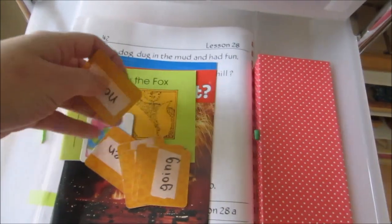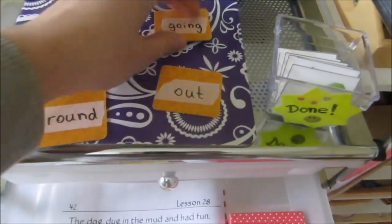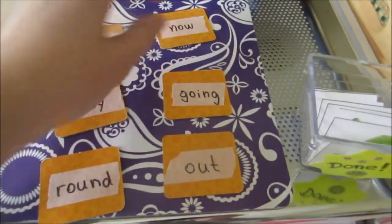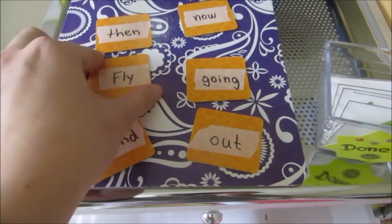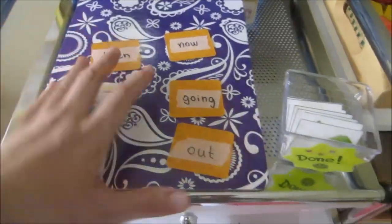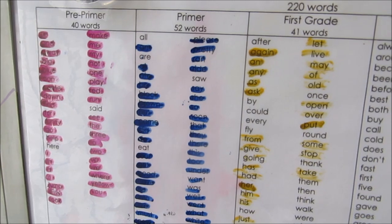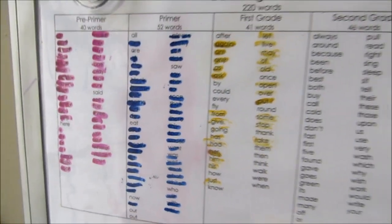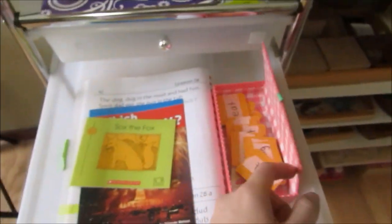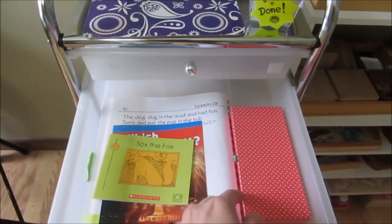I want to show you the sight word game actually. It's a memory game. You play any memory game, but instead of regular cards, what I did is I wrote down some sight words. And she has to read the sight word before she can turn around and see what the picture is. She'll have to flip it back and then read the sight word and turn it over and find the match. So this is how I do sight words with her, because I have a list right here. From all the pre-primary, primary, and first grade lists, she knows most of them already. The only ones that are not crossed out are the ones that she still needs to practice a few more times. So for reading, I always have the Alpha Phonics reading program, these two, and a sight word game,